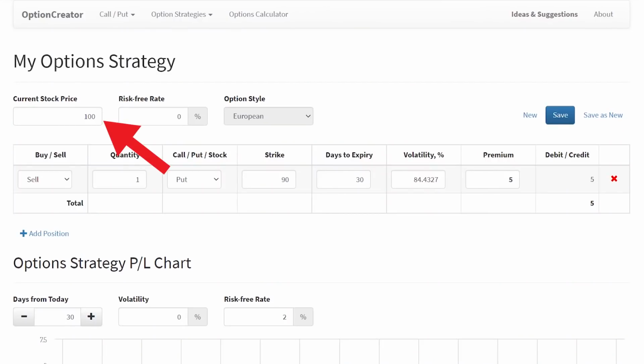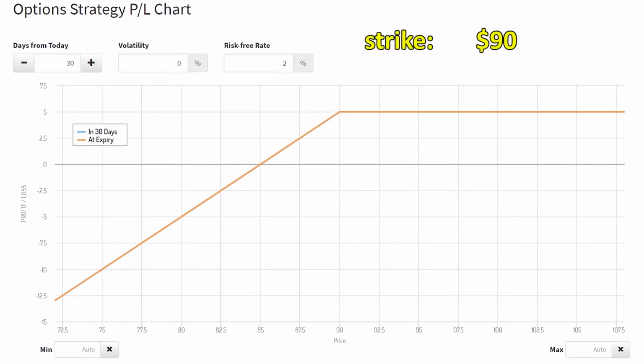Let's say you sell an option on a stock. Let's call it broccoli stock. The stock price is now $100. You sell a put at $90 strike and you collect $5 premium. This will be the profit loss chart. Because you collected that $5 premium, the break-even is $90 minus 5, or $85. Then, as long as the stock stays above $90, you will win small